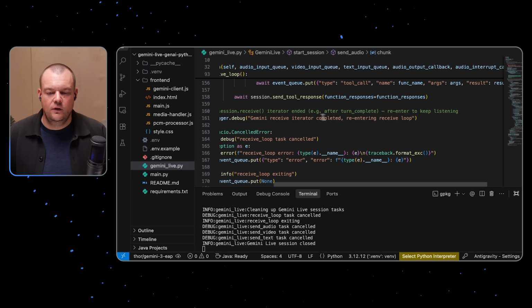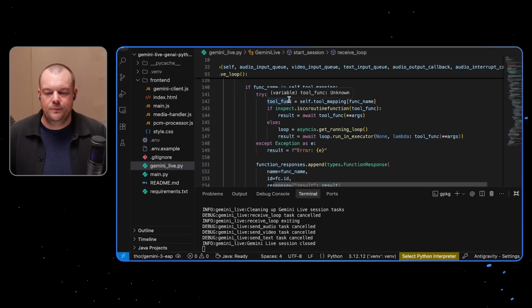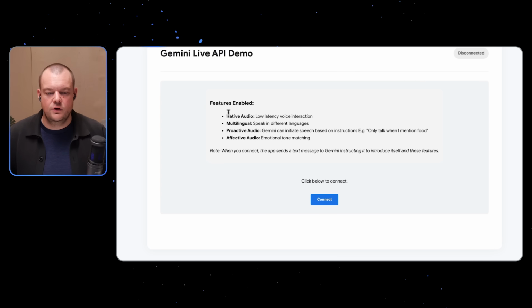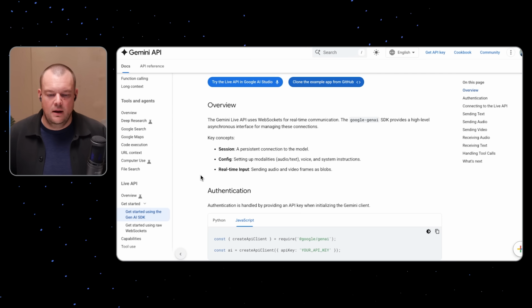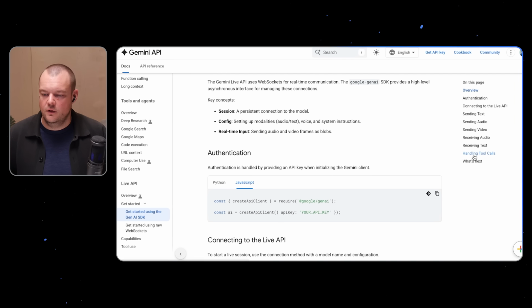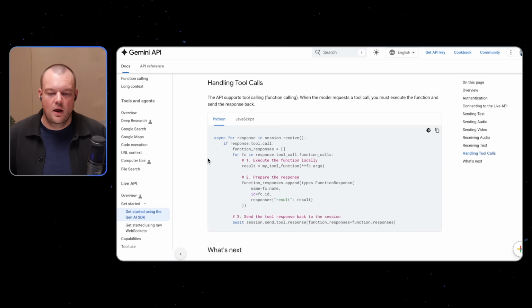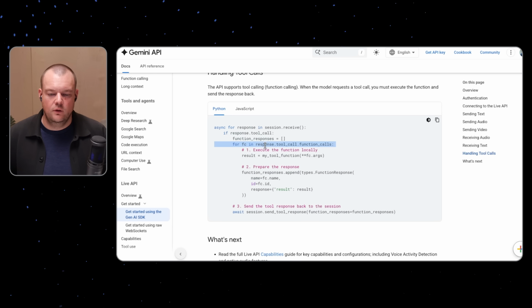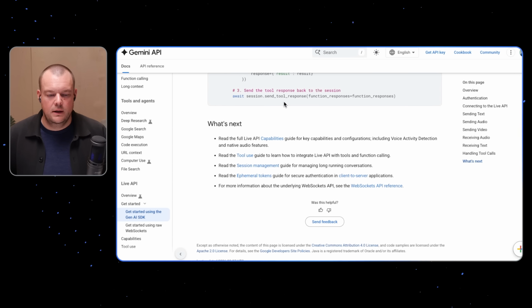And so that is a couple of things. Tool response as well we need to handle. So if in doubt, you can jump back to the documentation. And so in the documentation, you can see getting started here. There's handling tool calls. So you can see, you'll get a response, tool call, function call. So this would be in JavaScript, and then in Python, similar to how you implemented the tool call